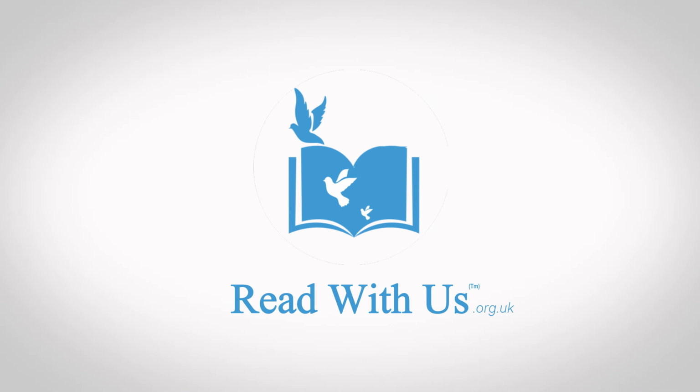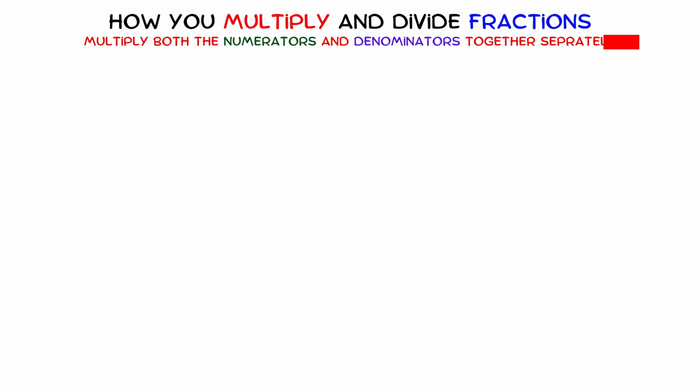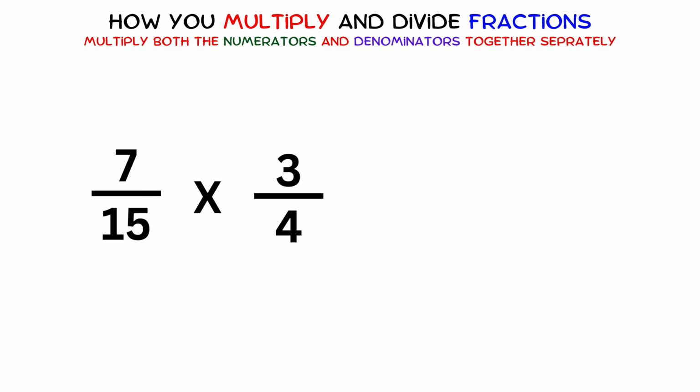In this video, we're going to look at how you multiply and divide fractions. Now, multiplying fractions is actually fairly easy because all you have to do is multiply both the numerators and denominators together separately. So, for 7 over 15 times 3 over 4, you would first multiply your numerators. So 7 times 3 to give you 21 as your new numerator, and then do the same thing for your denominators. So 15 times 4 to give you 60 as your new denominator, which means that the answer is 21